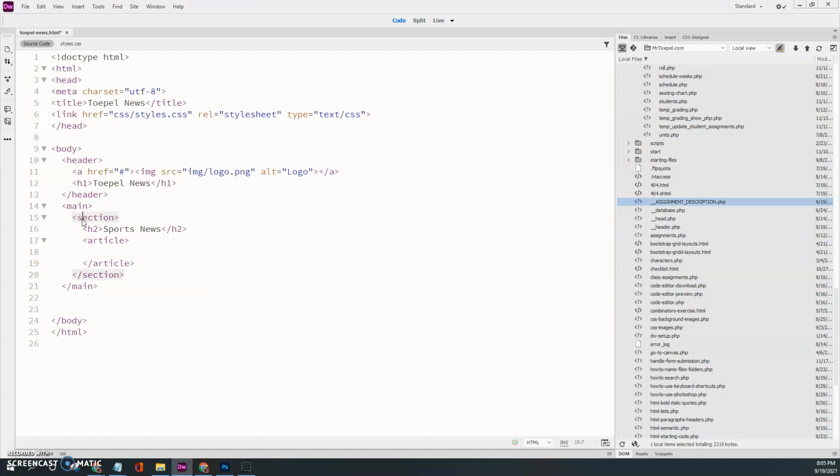Okay, so here's our section. Inside there, we have an H2 and an article. Inside the article, it can have its own header, right? So like this is the header for the whole web page, but inside the article, we have another header,